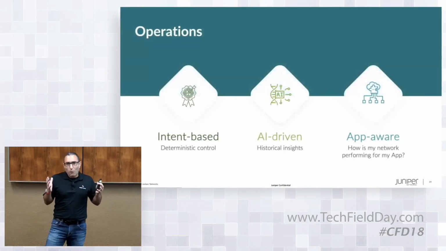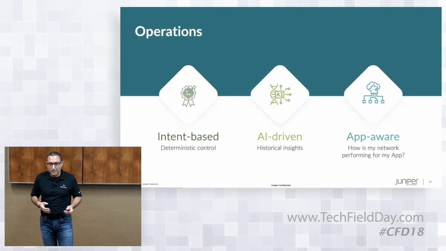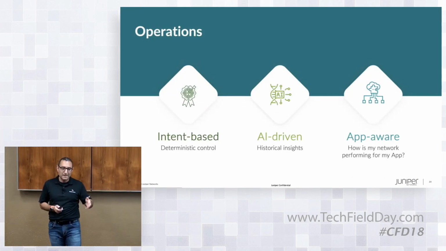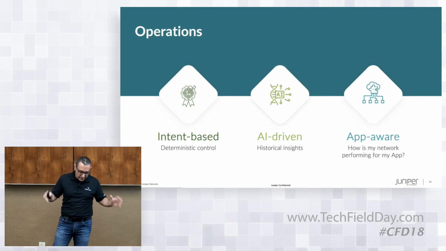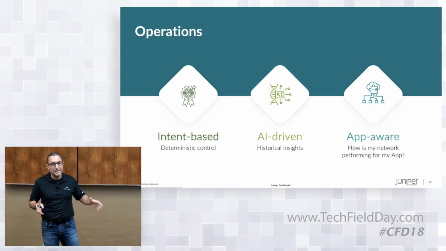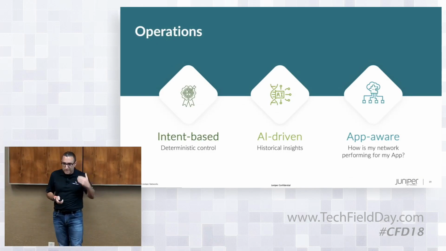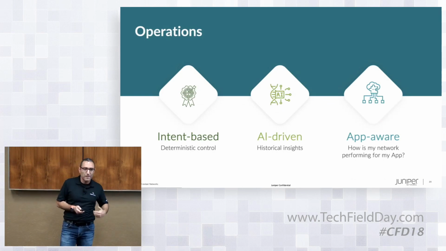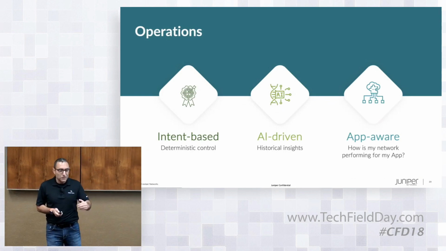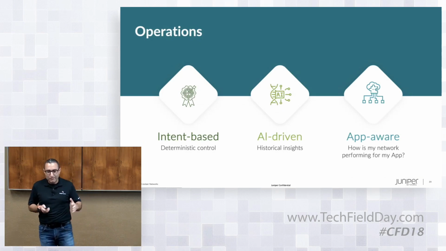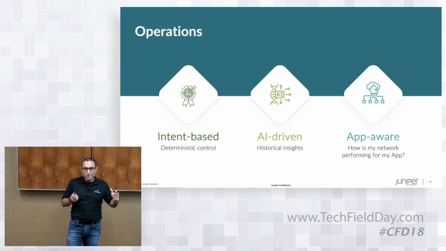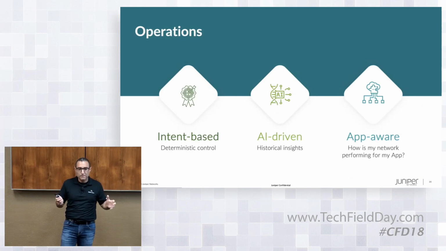So with operations, as I said, Apstra was the foundation. And what we did with Apstra is this intent-based deterministic control. Essentially, it's software that runs your data center network day in and day out with the speed to meet the business requirement and with utmost reliability. Essentially, you want to trust your software to run your network. That is kind of the foundation for our data center operations strategy.